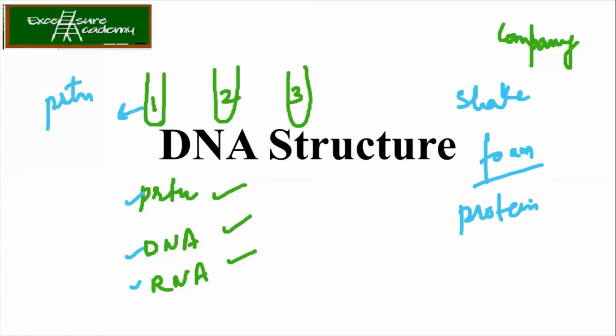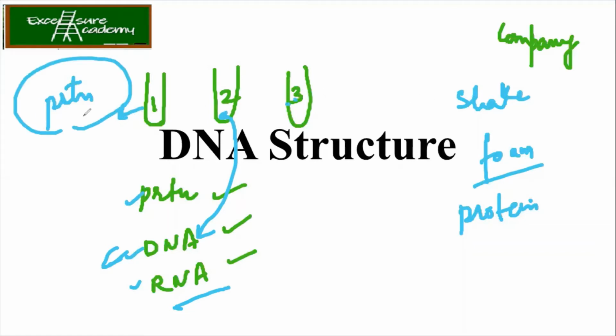So out of these 3, let us say the first one was your protein. Now in the case of DNA and RNA, this is very important because at first look they will look similar. Both will look transparent, right? Now if you don't shake it and keep it undisturbed for some time, you can see something in the pellet. That will confirm the presence of DNA. When you see nothing, then it is RNA. The pellet will be something slimy or whitish, milky whitish color at the bottom. Then it is your DNA. If nothing is seen, then it is RNA. And if foam is present, then it is your protein.